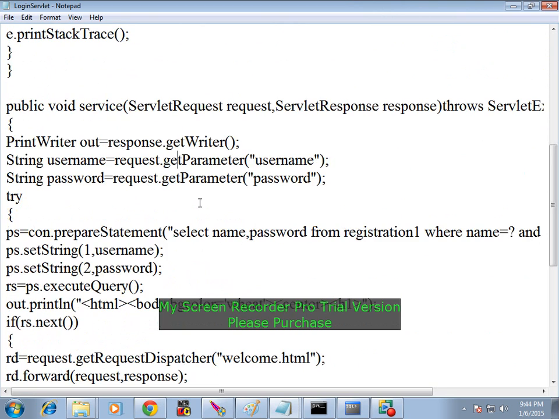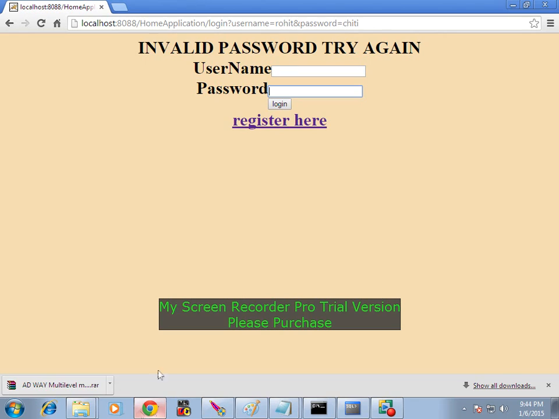And what you are doing here, you are passing the username and password, right. In the registration one, where name equals that username and password equals the particular password. Say if we try again, saying again